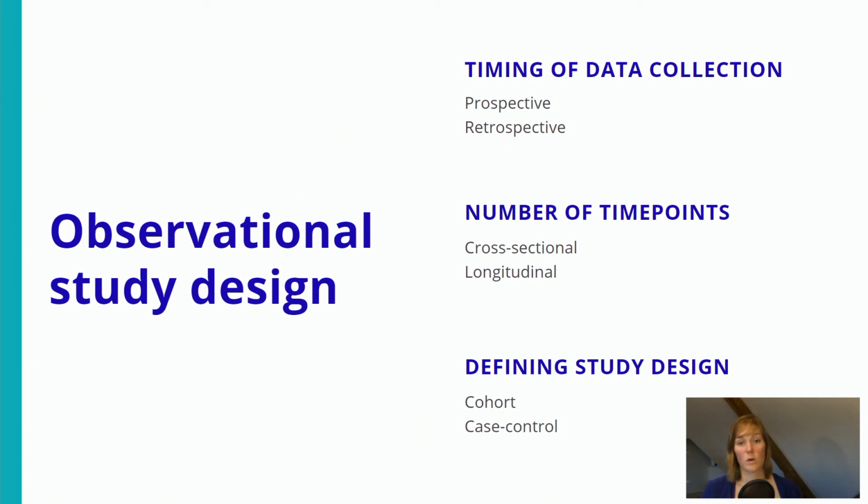So let's say that you are interested in comparing the smoking habits between men and women. You could simply perform a cross-sectional study where you are looking at one time point how many men and how many women in a certain population smoke. However, if you would like to study the outcome of these people, let's say mortality, obviously you need to follow them over a certain period of time. And that would require a longitudinal study design where you have certain time points or maybe even an inclusion period